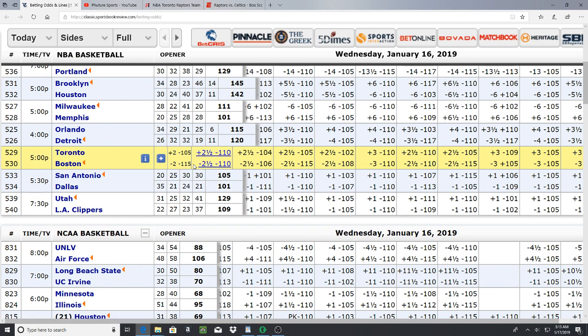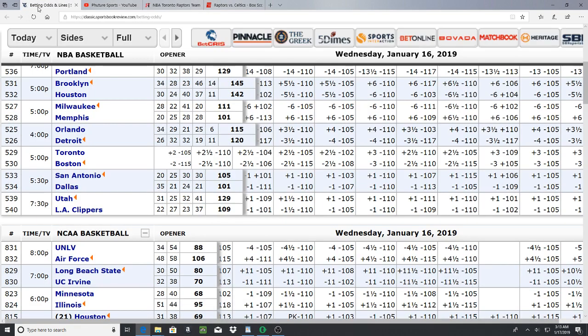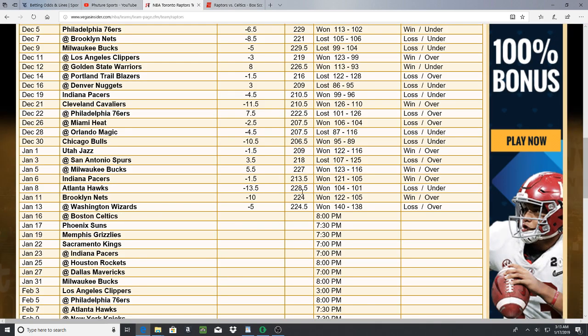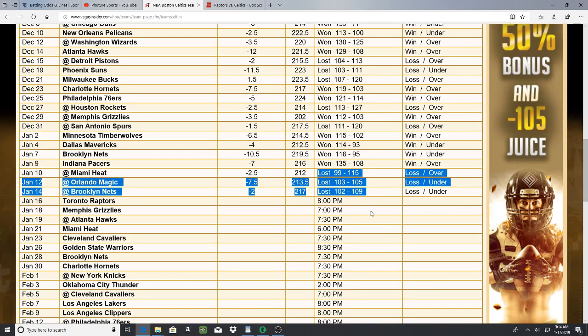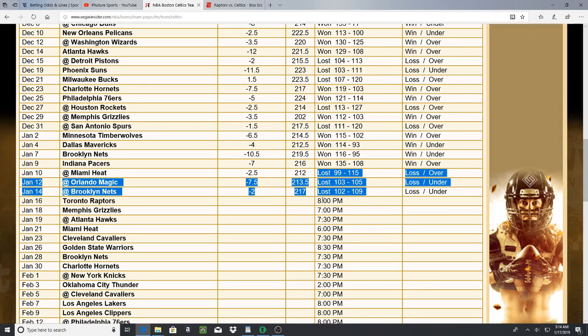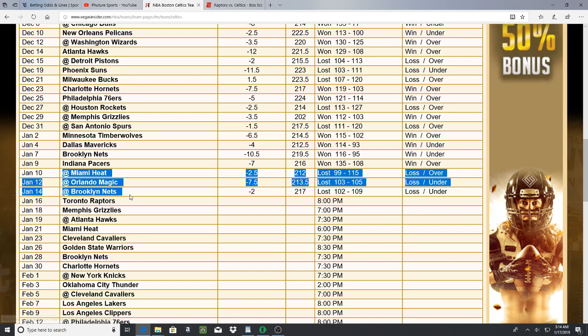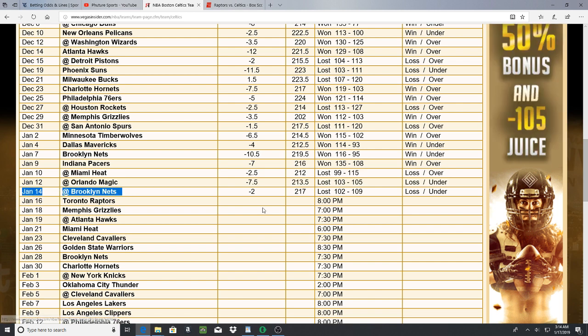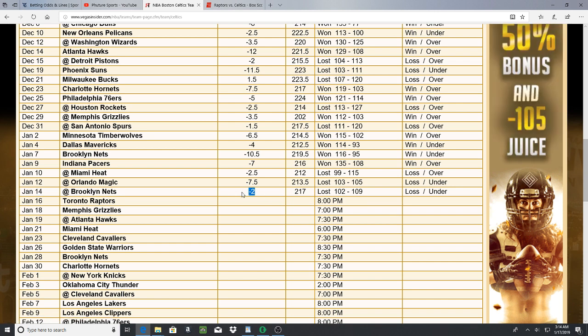Now, another reason, a big reason, is who Boston is playing. If you look at Boston, we're not concerned too much about the win streak. We're concerned about this losing streak here. Can Boston beat this Toronto team? Well, yeah, because they just came off a 3-game losing streak. This last loss is very important because they lost to the Brooklyn Nets, as a 2-point favorite.